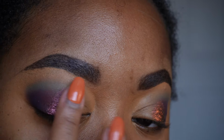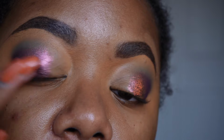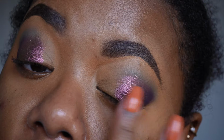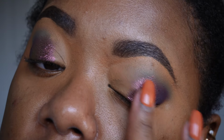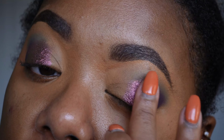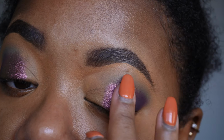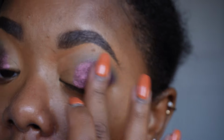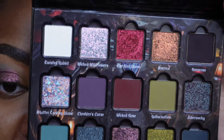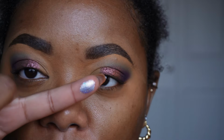Mainly because I'm debating whether or not I go in with a second color in the front of the eye. A little bit of blue. I haven't swatched this palette yet, so sometimes when I don't swatch a palette before I start playing in it, it's harder for me to see which shades I want to pick, especially if they're holochromes or duochromes or any shade that might have a little bit of a shift, because sometimes it looks one way in the pan and then when you swatch it out you're like, oh, that is not the color I thought it was. So for example, this shade is what I'm thinking about putting in the inner part of the eye. This seems like it might be too much, but this one, which is like a ooh, wait,